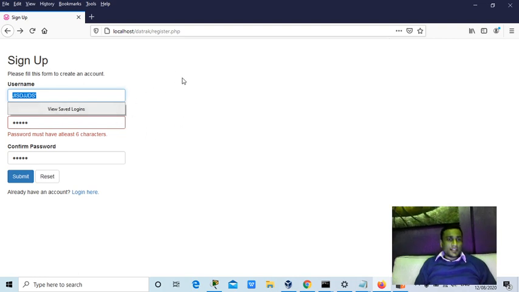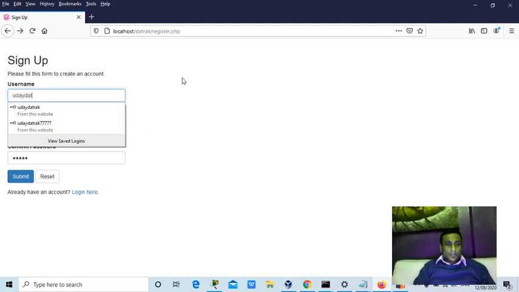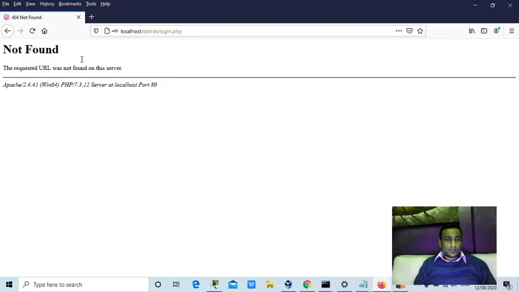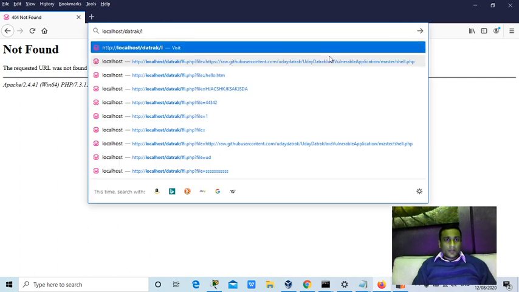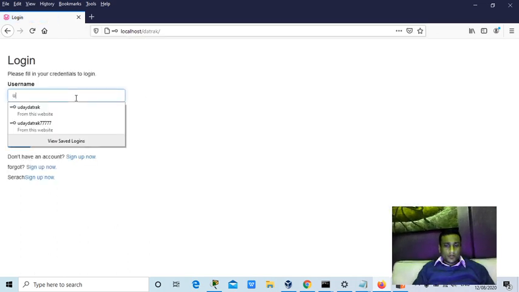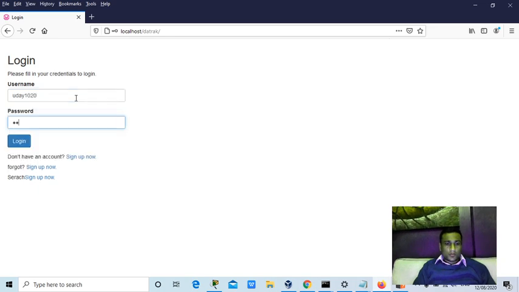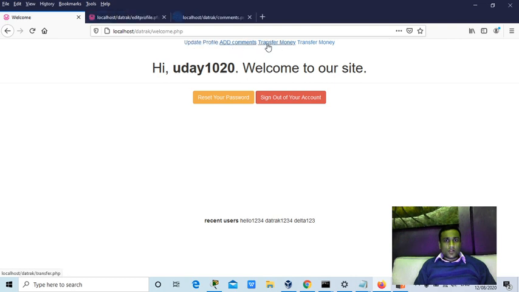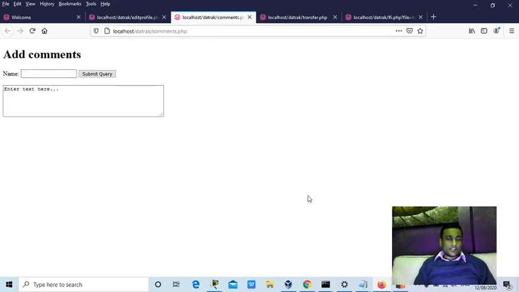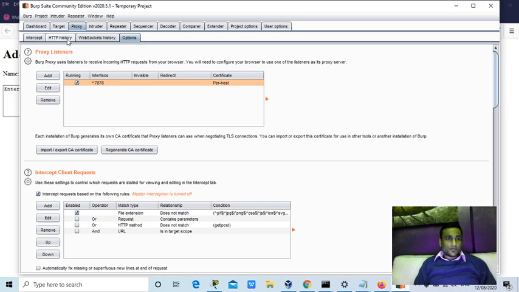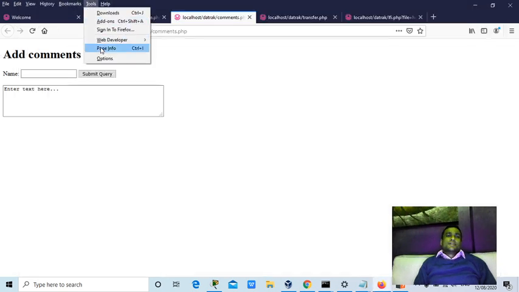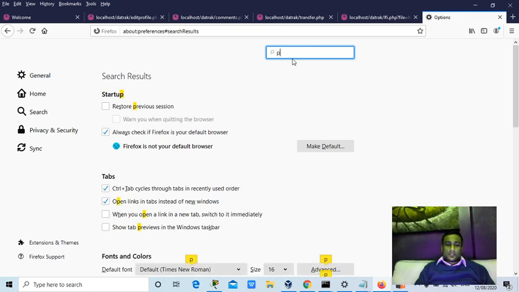I have one easy trick, guys, a shortcut. You need to browse all the pages, guys. First I log in on the login page. Since I logged in, now I'll try to browse all the pages one by one, guys. Every single page, login page, logout page, change password page, and I'll come to the Burp Suite here. What happened? Oh, sorry, my mistake, guys. I did not set up the proxy.